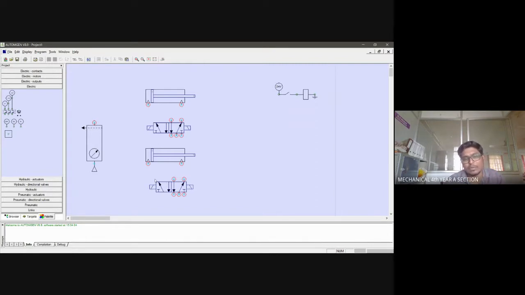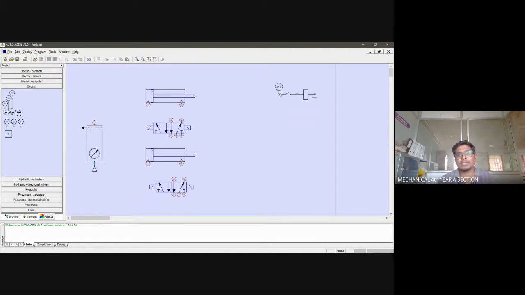Left hand side should always be minimum. See, for example, here it is minus. So minus is represented as minimum, right? So in the case of solenoid, you have to write it as minimum, maximum. In the case of cylinder, you have to represent it as minus and plus. A minus, A plus, A minimum, A maximum. Here, B minus, B plus, B minimum, and B maximum. Okay. Can you understand?